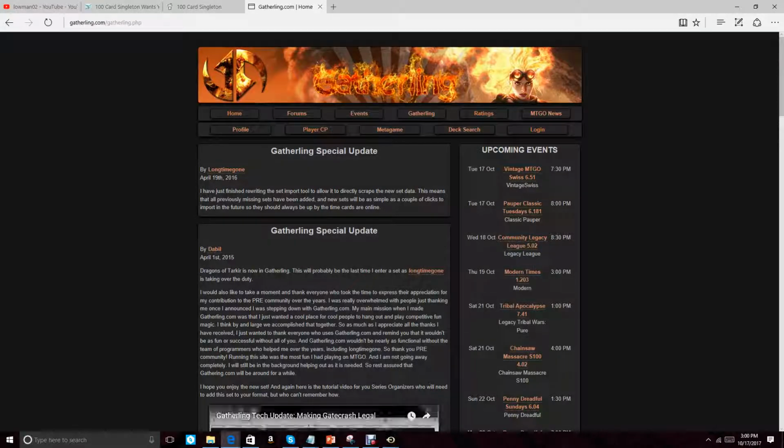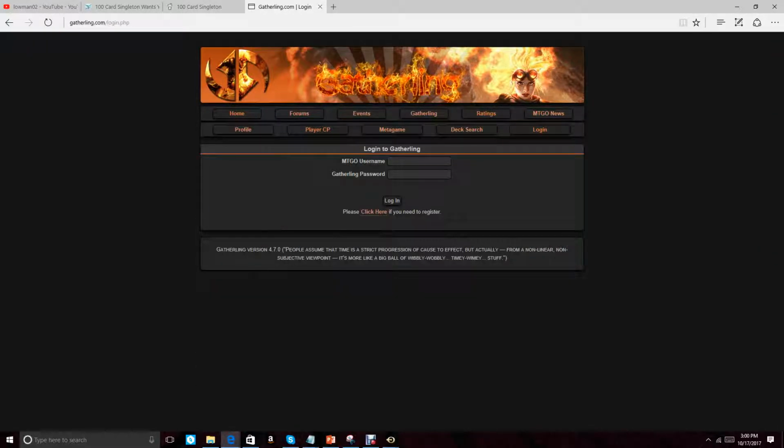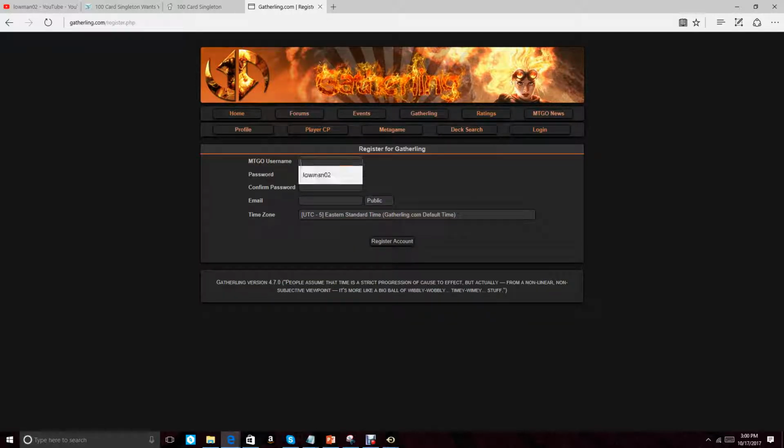I'm going to give you a quick tutorial on how to register for a Gatherling event. When you first get to the page, you're going to go to the login right here. If you need to register, it says please click here if you need to register. You'll click here and then put in your MTGO username, which you can see I'm already